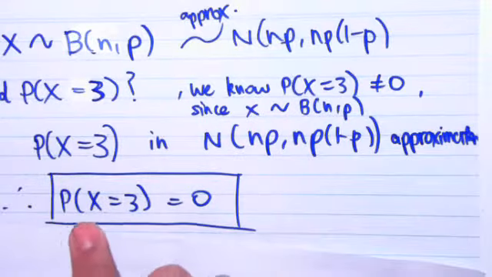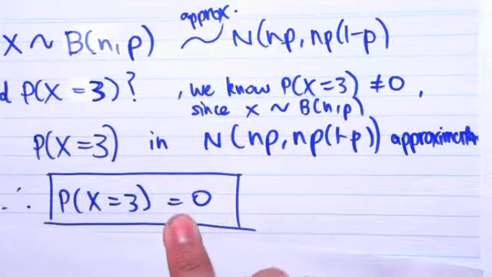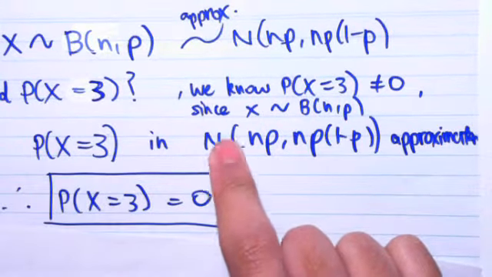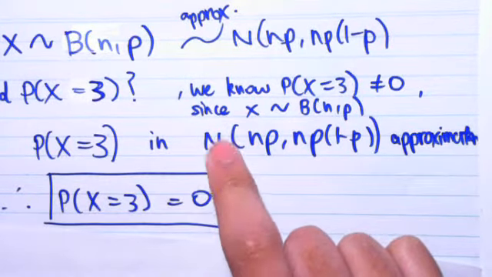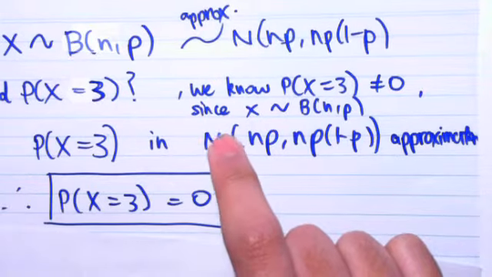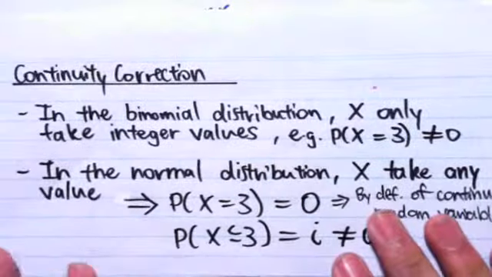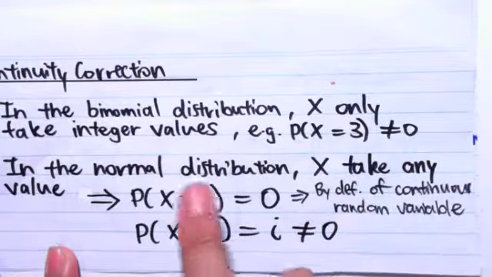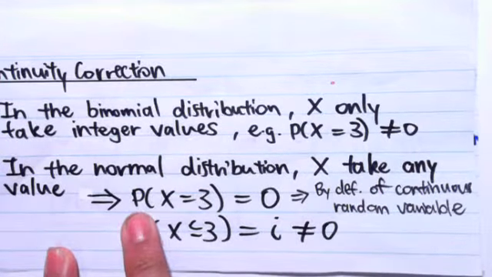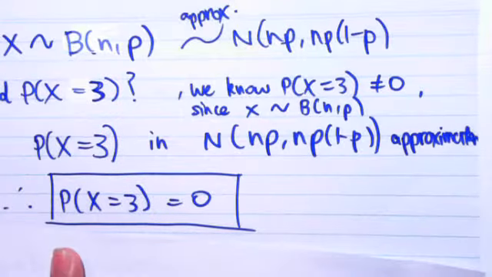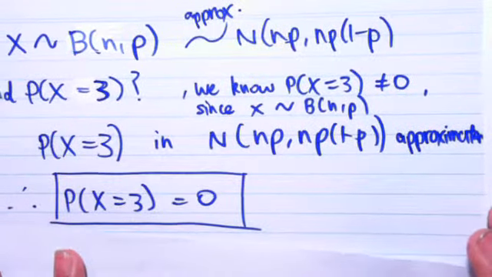that means that the probability must equal 0. It's equal to 0 because it's in a normal distribution, where the normal distribution is a type of continuous random variable. So remember, by definition, in a normal distribution, the probability of x being equal to some number must equal 0. So what that means now is that we have a contradiction,